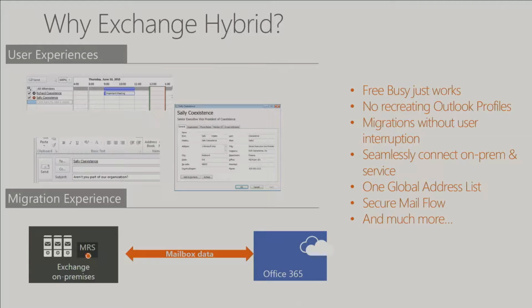Again, some of the things you get: Free Busy just works. You move a mailbox to the cloud, and Free Busy continues to work. Things like cross-premises e-discovery, if you use that, just continue to work, assuming you're at least Exchange 2013 or greater. These types of things just seamlessly keep going and working. And we keep adding more features. You might have been in some sessions earlier from a few other speakers that talked about using Evo STS to connect into on-prem mailboxes. There's all kinds of nifty new things we're adding to the hybrid space